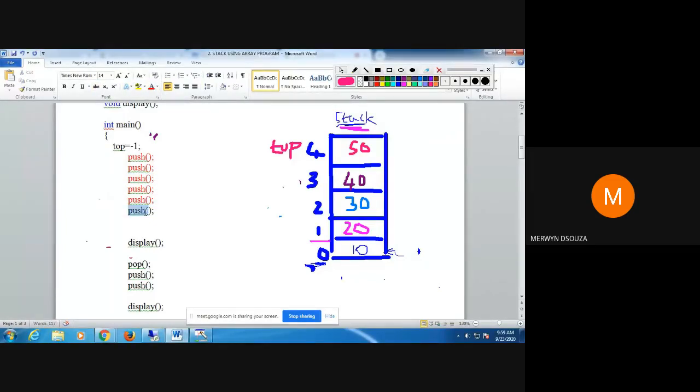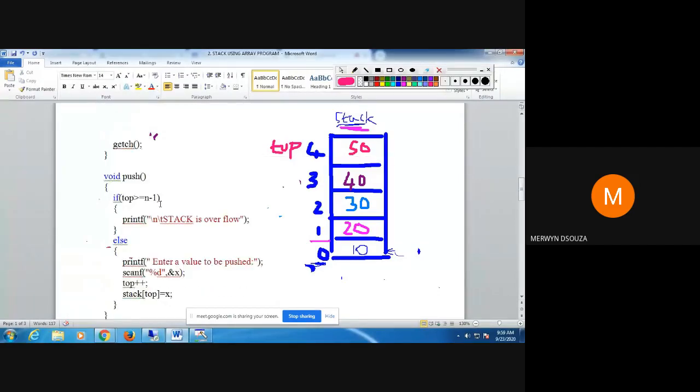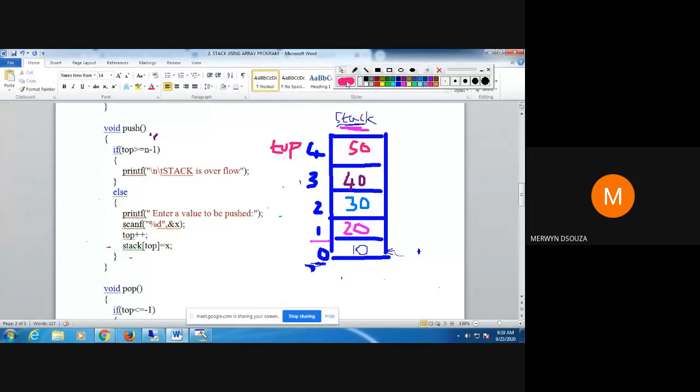When I call push for the 6th time, if you check, the value of top is 4 and n minus 1 is 4. So this is greater than or equal to this, so this condition is now true.